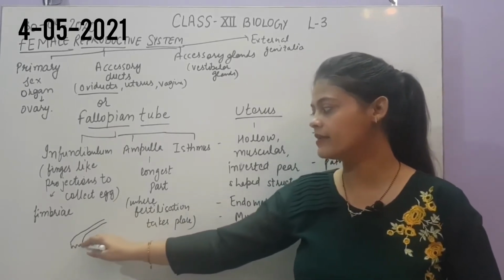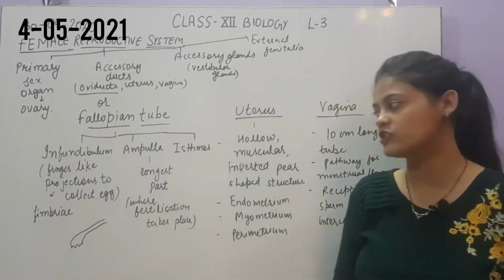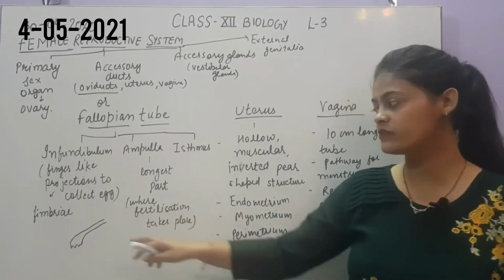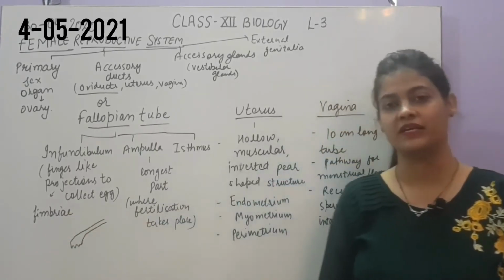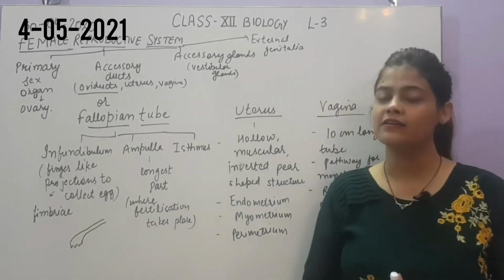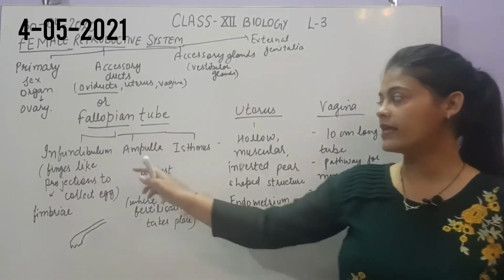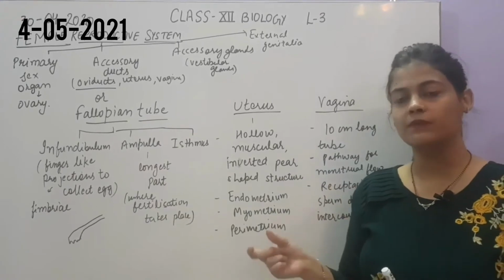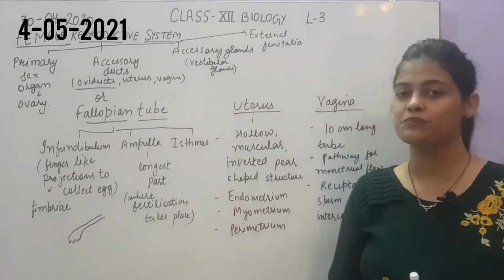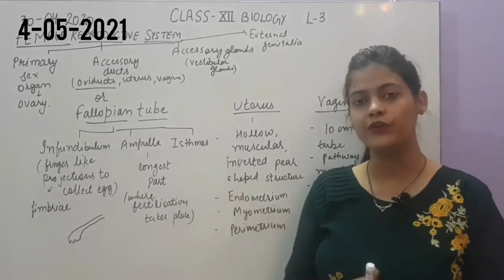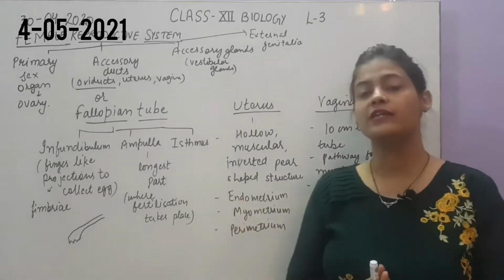So it is dilated at the end, which has finger-like projections. These finger-like projections are called fimbriae, and they will collect the egg released by the ovary after ovulation. Next part is the ampulla part, that is the middle part. It is the longest and the widest part of the fallopian tube, and it is the actual site where the